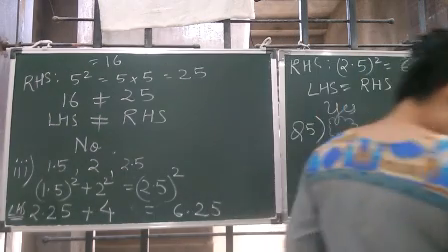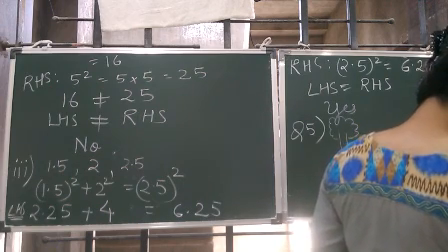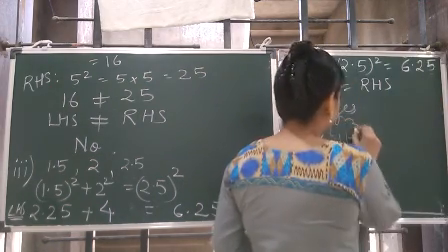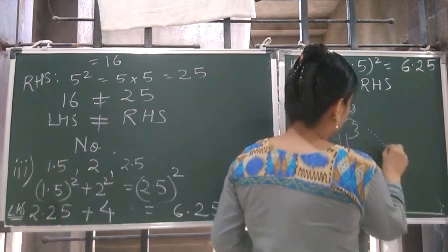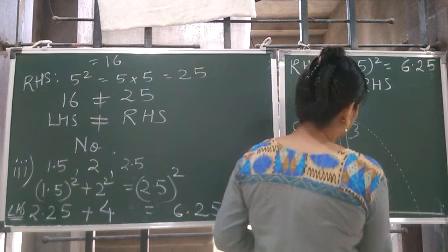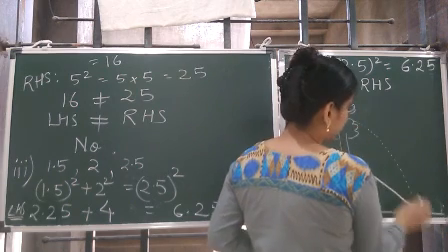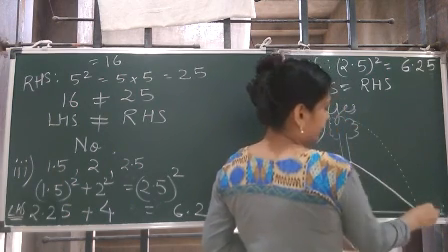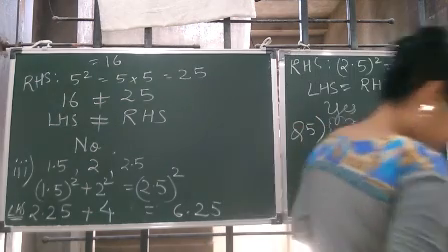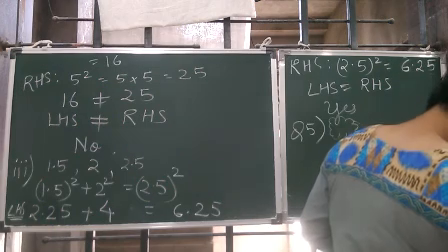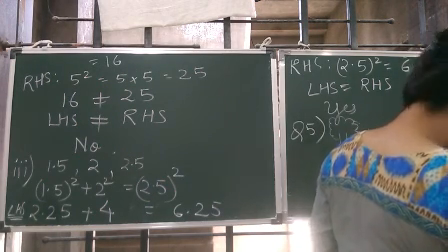It has been broken at the height of 5 meter from the ground and its top touches the ground at a distance of 12 meter. This will touch the ground here. It falls something like this, and its top is touching the ground at the distance of 12 meters from the base of the tree. Find the original height of the tree.